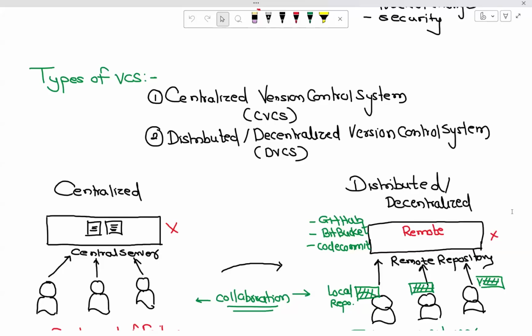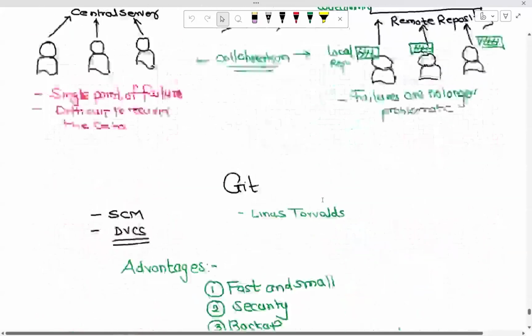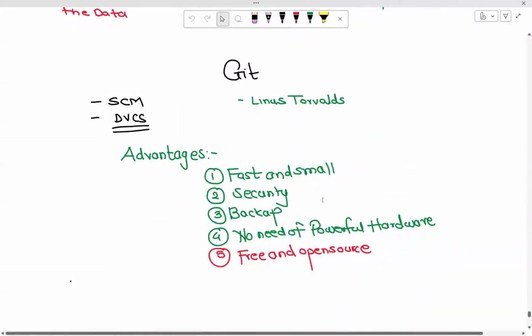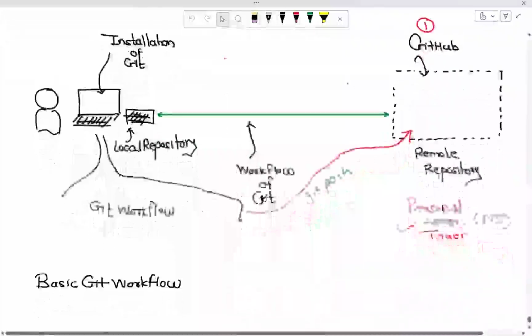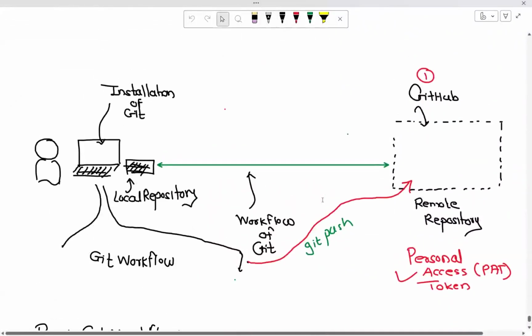In fact, distributed or decentralized version control systems are a lot better, for the very reason that we discussed yesterday or the day before. And yesterday, in fact, we had started looking into Git and GitHub, how we can use them as our source code management systems. We have seen what advantages you get if you start using Git. The day before yesterday, we had outlined that this is what we're going to do, and yesterday we started working on it.